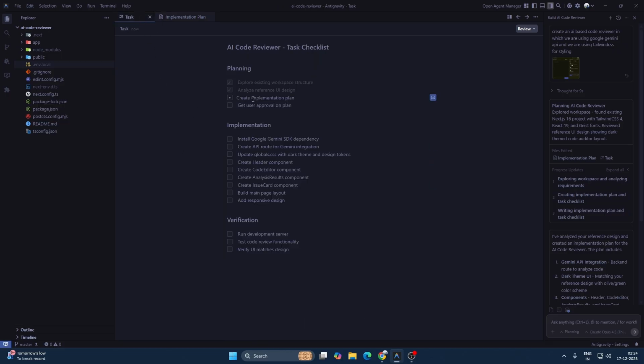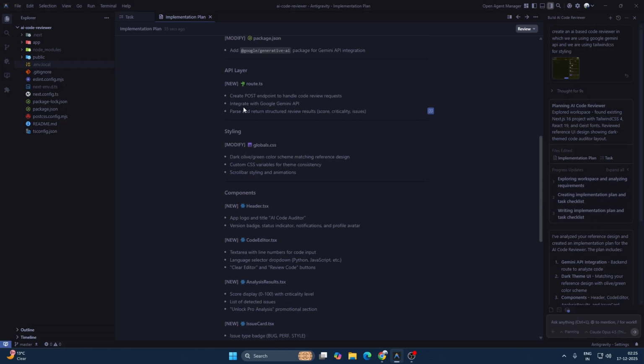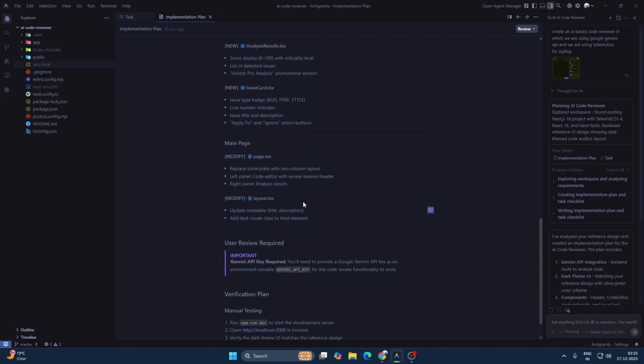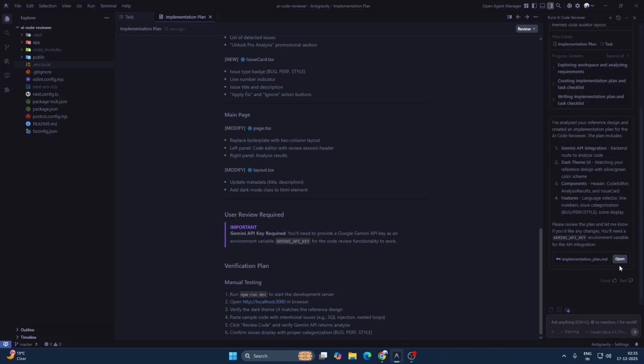So now this is the task file. So first create the implementation, then get approval, then these are all the tasks. The implementation plan is this file will get changed in this way. Then we will add an API layer, then the styling, then the components, then the main page, then the user review, and then we'll run it. So I'll open it, and now if I just type proceed,